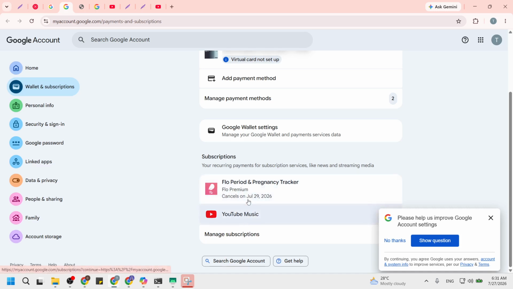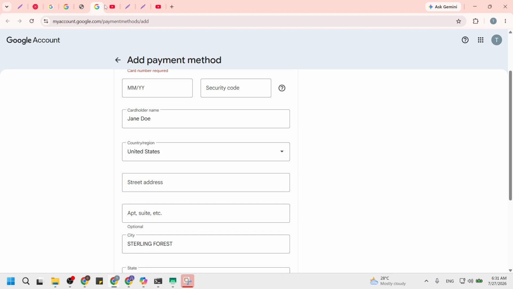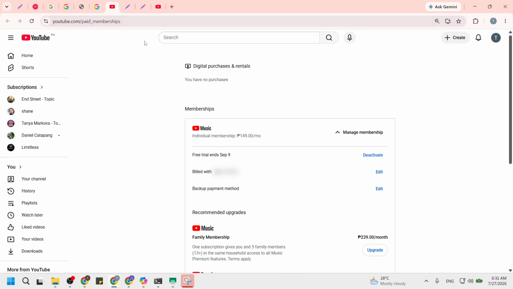Here you can see items like storage plans or other app subscriptions, each listed with the renewal date and cost. From there, scroll through the list and find YouTube Music Premium, then click Manage. Once you click Manage, a detailed page opens for that specific subscription. It normally shows your current plan, renewal date, and which payment method is being charged now. This is the place where you control billing for YouTube Music only, so changes here do not affect other subscriptions.